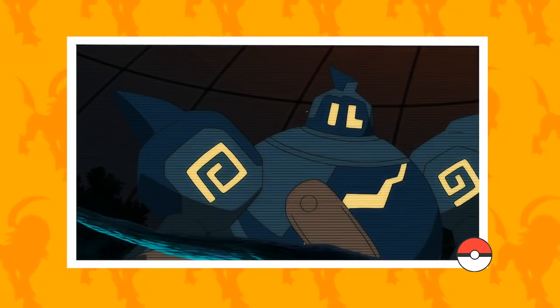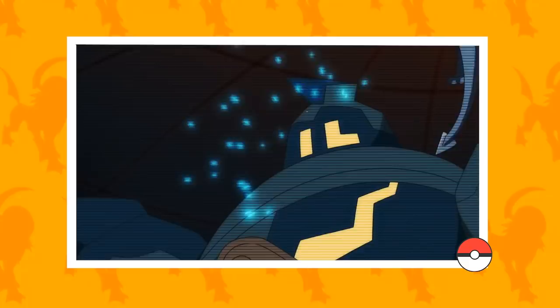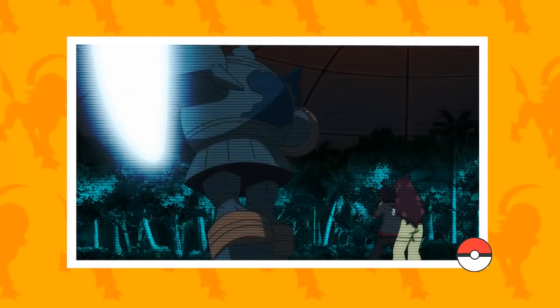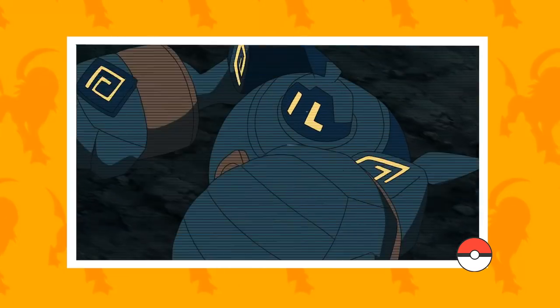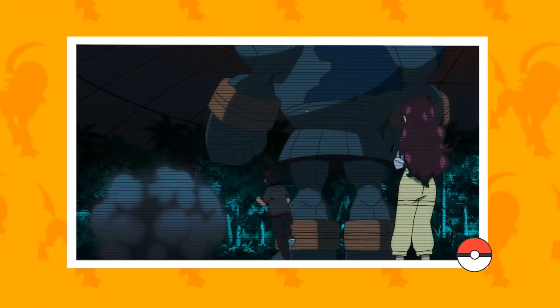On the other side of things, Go was battling Aerodactyl, trying to calm it down and catch it. He was battling it with Golurk, which was awesome. Golurk knows some cool moves and the battle itself was actually enjoyable, ending with a Hammer Arm from Golurk to finish off Aerodactyl. My problem is that we only just got the Flygon battle a few episodes ago, so this was a little anti-climactic compared to that battle,